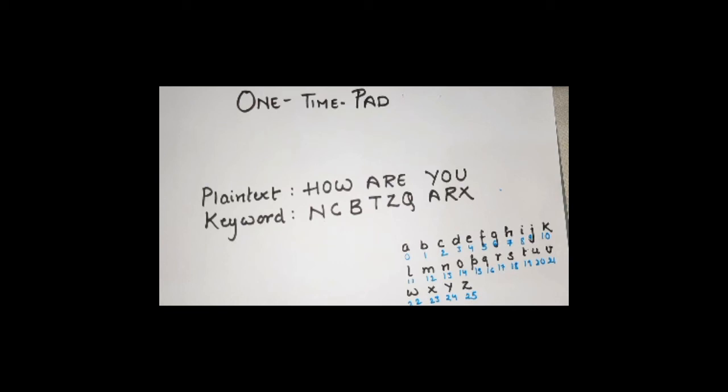Now Joseph suggested that the use of random key is to be taken as long as the message. This key is used for encrypting and decrypting the single message. Now see how we do it. Let's go through the example and then understand the entire theory of the one-time padding.